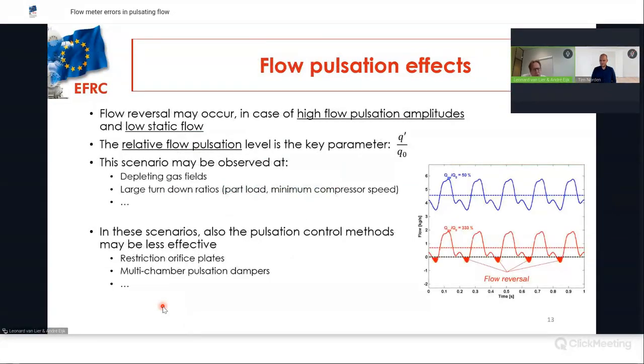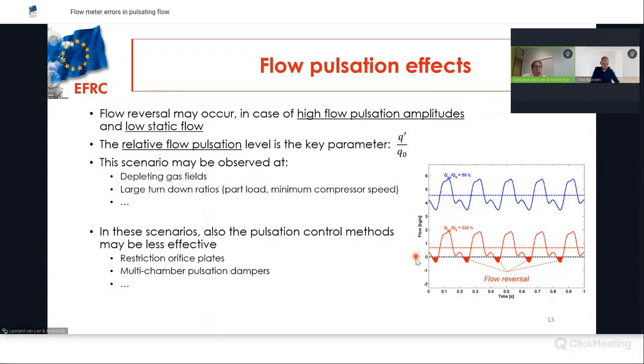Focusing a bit more on the flow pulsation effects, we have seen that the key parameter is the relative flow pulsation, which is the fluctuating flow divided by the mean static flow. And if you consider a flow fluctuation, in this case, as a function of time, you see the fluctuating flow with the mean flow, the dashed blue line. If you now have exactly the same amplitude of fluctuation, but at a lower mean flow, the red curve, you will see that the ratio between the fluctuation and the mean flow is much higher in case of the red